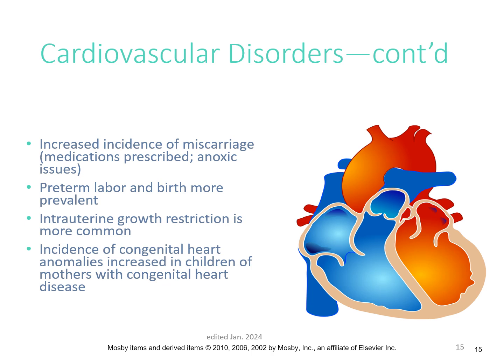We know women who have cardiovascular disorders have increased incidence of miscarriage for probably two reasons. Number one, some of the medications that have been prescribed to them can be teratogenic in nature. If they got pregnant and they were on some of those meds, it may cause miscarriage. Also, anoxic issues. Remember I told you that the uterus is not a vital organ. And so if a patient has a heart problem and they have an episode where they have anoxia or hypoxia, especially early in pregnancy, that can lead to a loss of the pregnancy.